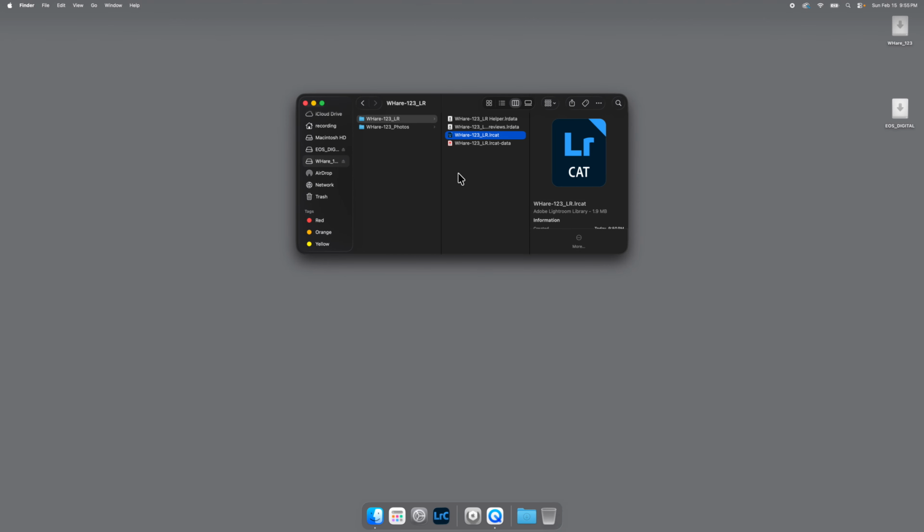We're going to set the preferences for our master catalog. When we set these preferences, it'll stay with this catalog. If we set up a new master catalog, then you'll have to reset the preferences on that catalog as well. We're going to set this up for the best practices for Photo 123 and the way that we work here